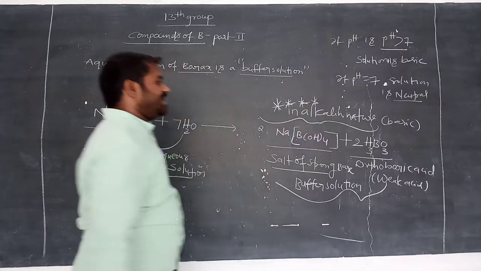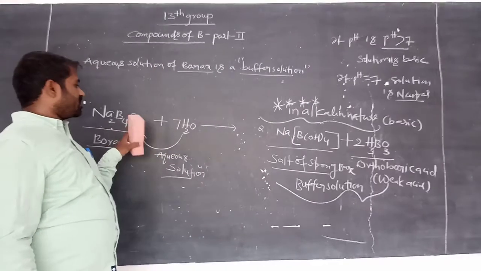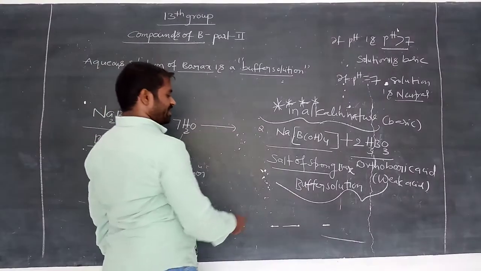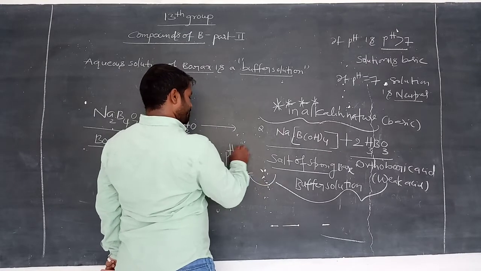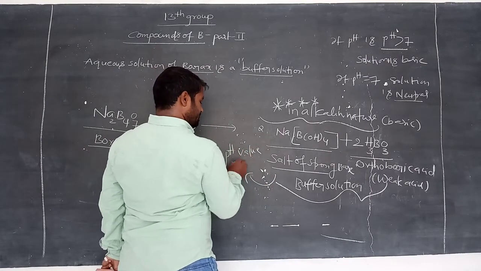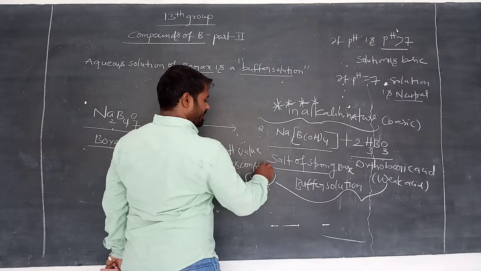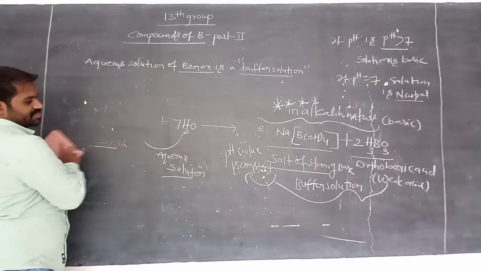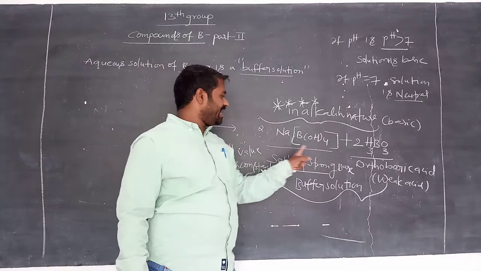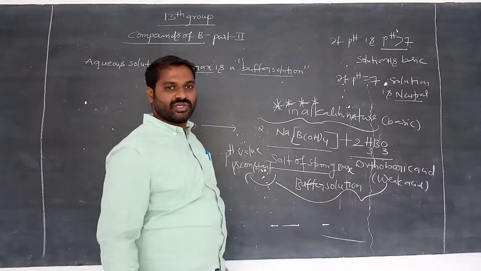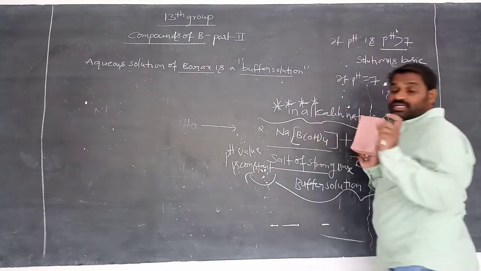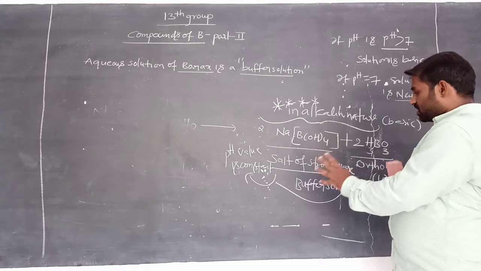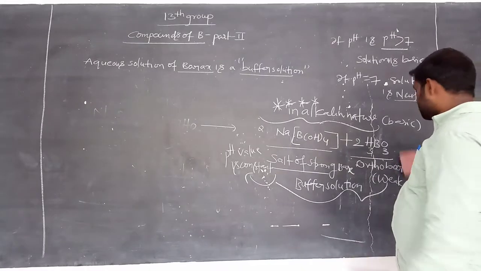When borax undergoes hydration, it gives an alkaline solution. That is the buffer solution here. Its pH value remains constant. There is no change in the pH. Remember this, very important. A weak acid and a salt of a strong base together form a buffer solution. We have a special topic in acid base theory in physical chemistry. We will discuss it clearly there. What is the salt of a strong acid, strong base, weak acid? We just keep it in our mind.